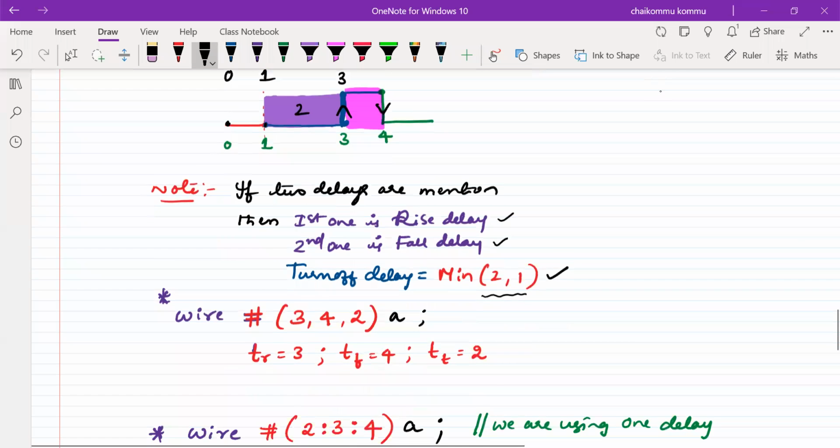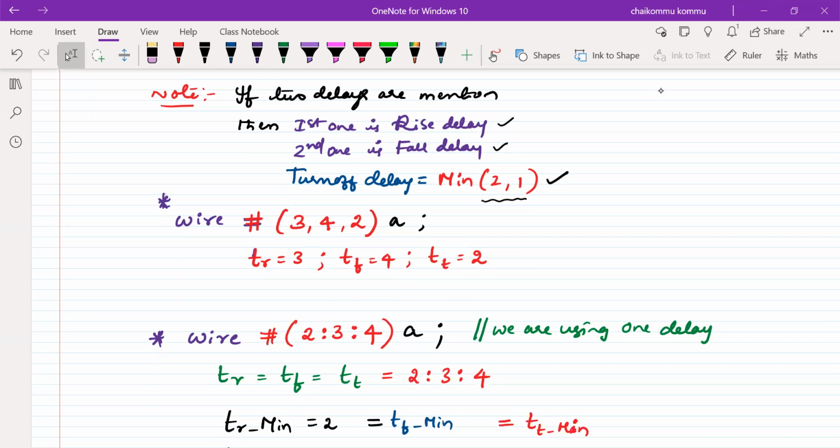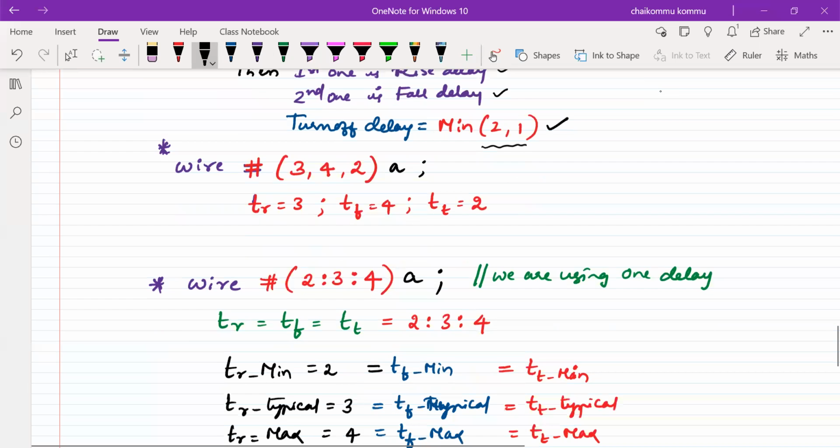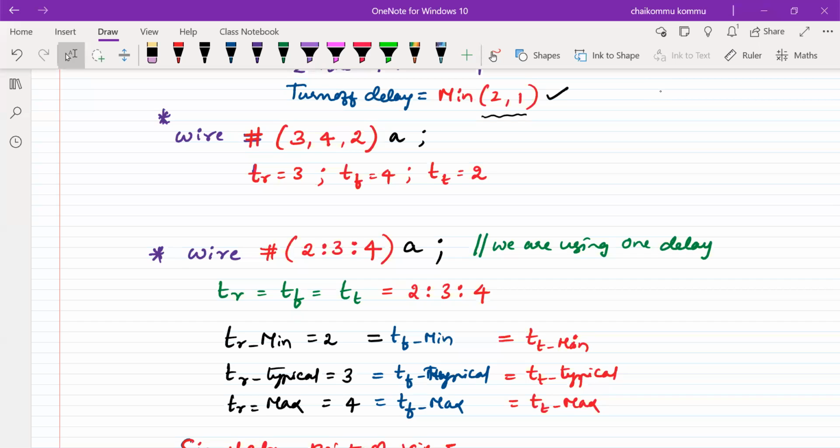Okay, so another way is that explicitly we can represent 3 delays. So something like this, 3, 4, 2. So now the rise delay will be 3, fall delay is 4, turn-off delay will become 2. The same thing will be applicable to that one also. Okay, sometimes it is necessary to provide the delay values also. So from the manufacturing point of view, we can mention the minimum delay, maximum delay, all these things as well. Okay, so the delays, whether it is a rise delay, fall delay,